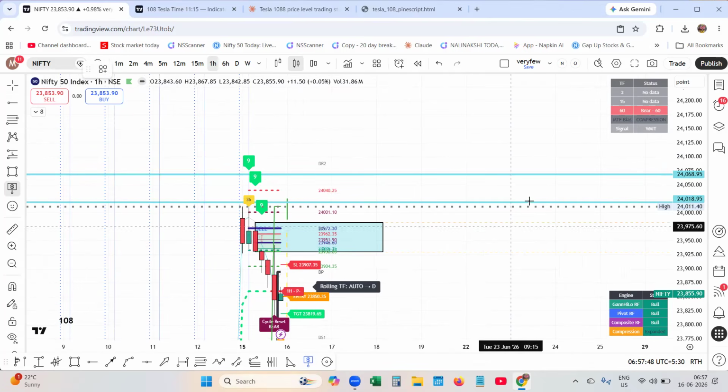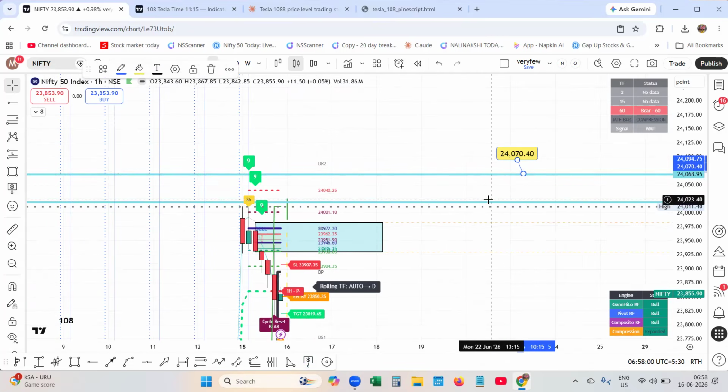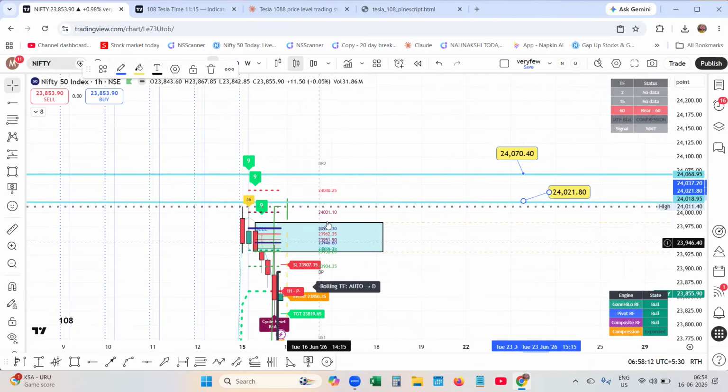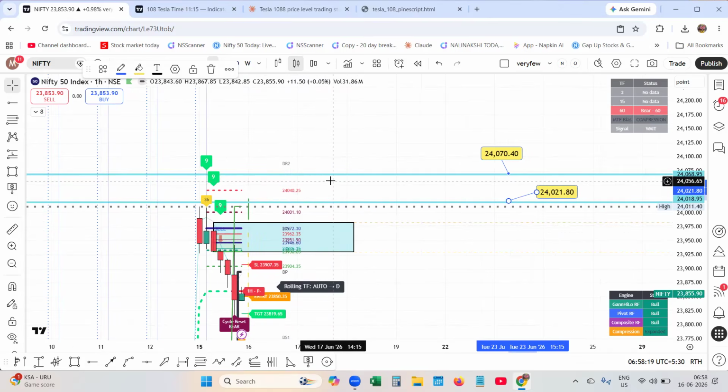24,068, or on average, I'm putting it over here. We cannot fix it because that is not an exact price level. Okay, this is the zone. Let me put this. Then if the market gaps up and starts trading above this Tesla zone in the morning session, you can see the Nifty going up to